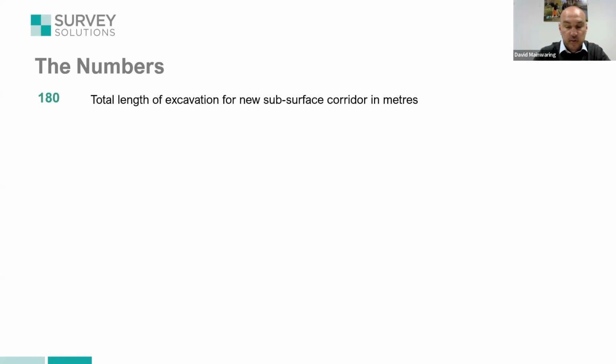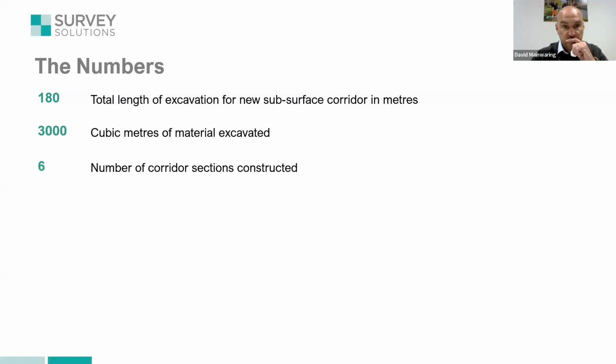So by way of numbers, I'll just move my screen because I've got a picture straight over the top of the numbers. 180 metres was the total length of excavation of this new service corridor. 3,000 cubic metres of materials to be excavated. The project was broken up into 6 corridors, so 6 sections as we went through the project, from the existing